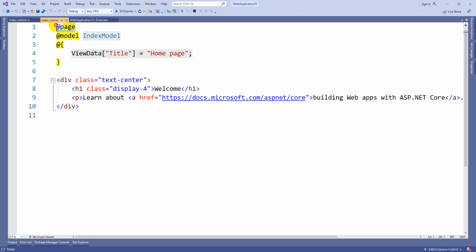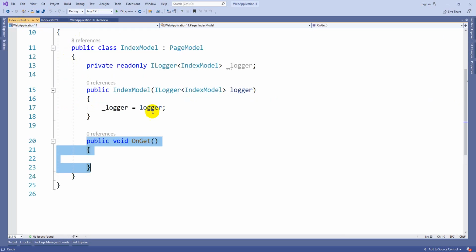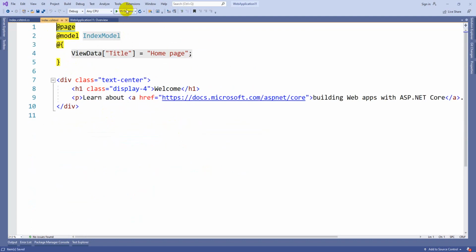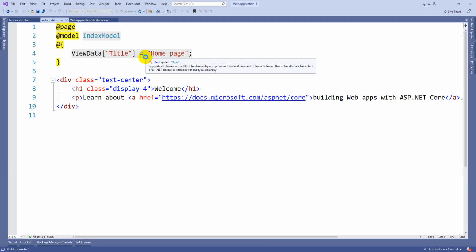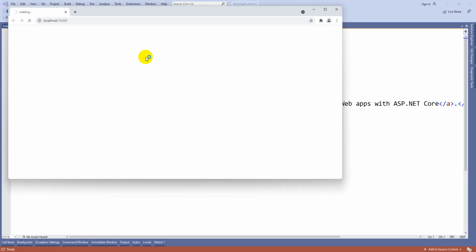Here this @page is going to tell the compiler there will be a CS file with the same name. The .cshtml will contain only UI and design, but it supports C# code also. This CS file will contain the business logic. This is how it was implemented. Let me execute, and later we can see what we can modify, how you can customize this particular Index, or how you can create a new page also. Those options I am going to cover in this video.